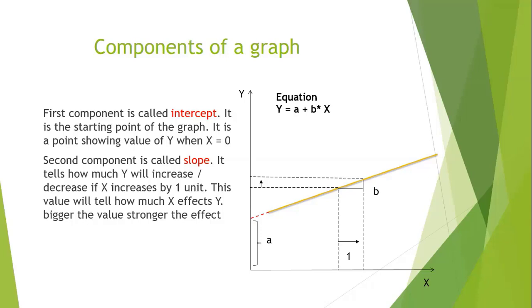So equation is y is equal to a plus b into x. So when we have a line or a graph, we can create an equation. It has two components, a and b. So if we have the value of a, which is intercept, and if you have the value of b, which is the slope, you can just write it this way to calculate the equation. Okay? Y is equal to a plus b x. If there are only few dots, you can do it manually. But if there are thousands of dots, you need a computer to do this calculation. Okay?